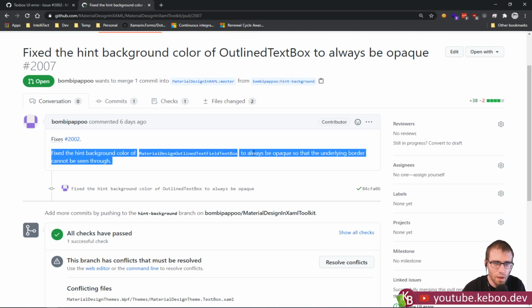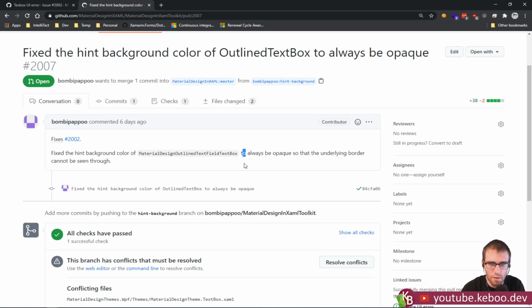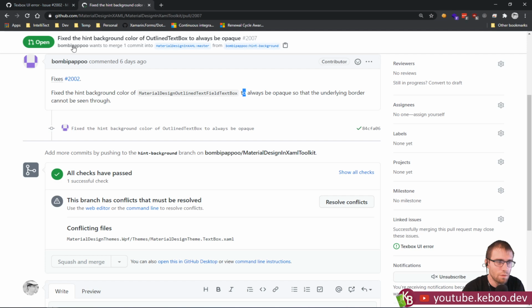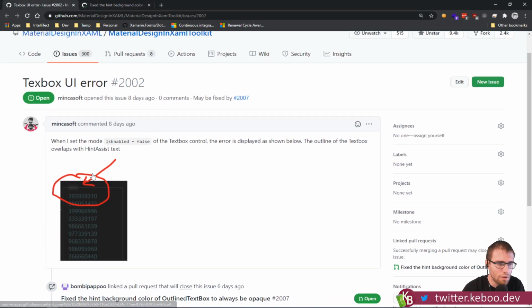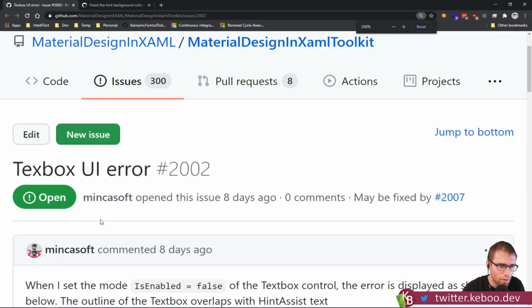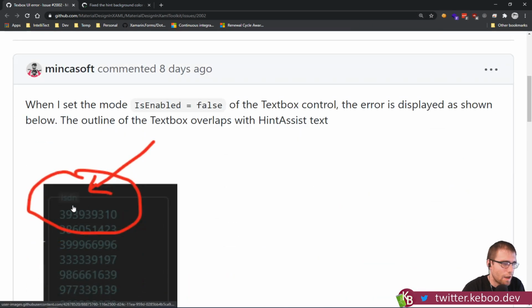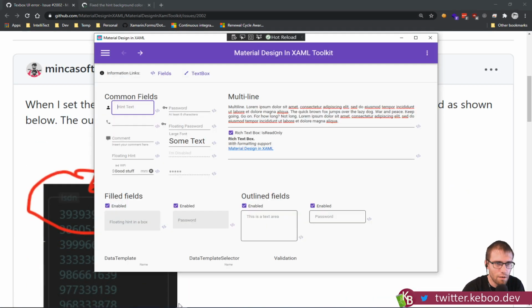so that the underlying border cannot be seen through. And this one, there's some conflicts, but that's okay. So this is a little hard to see. Be big, be big, be big. So effectively on our demo app, and I think, yeah, this one here, right? This is what's supposed to happen when the hint floats up to the top,